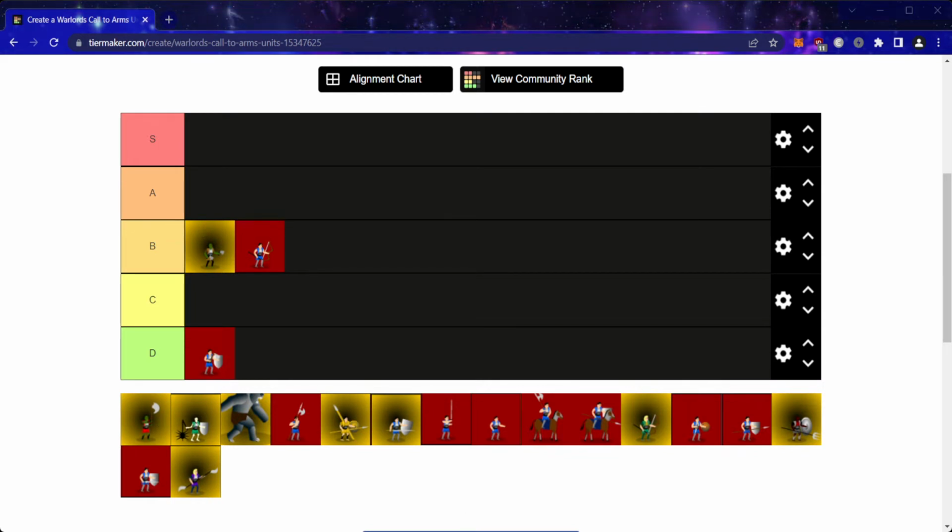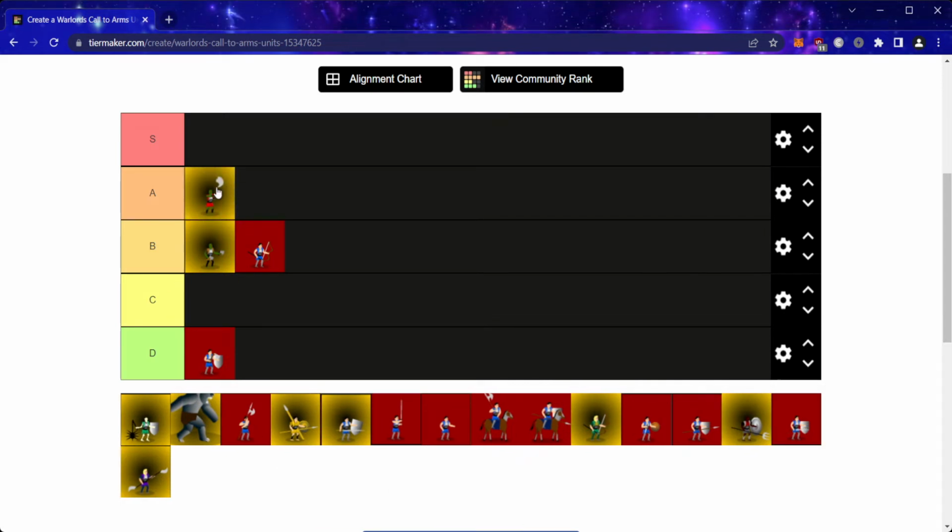Next up is another special unit. This time of the Orcs of the North. Now, this unit, he's solid. Like, really good. He can replace the Halberd in the Orcs of the North. The Battle Axeman